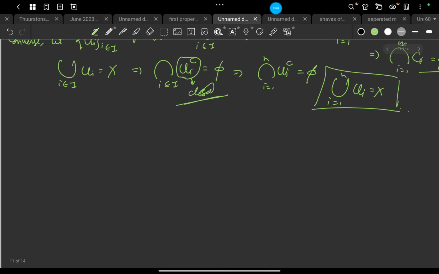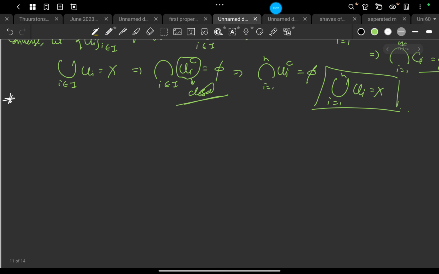If we get the analogous statement for basic open sets, then we'll be happy. So that's why it's a useful theorem. This says that X is compact if and only if any basic open cover has a finite subcover.